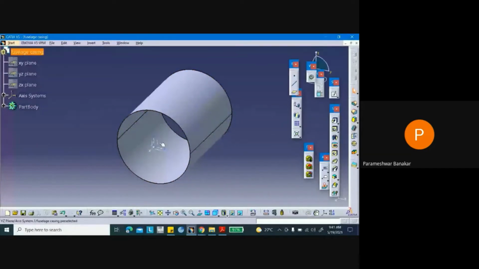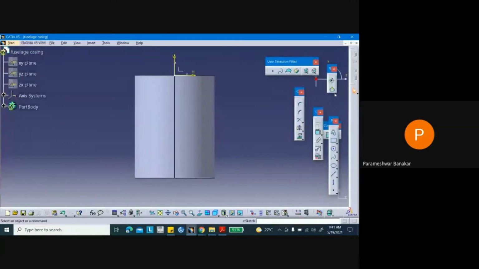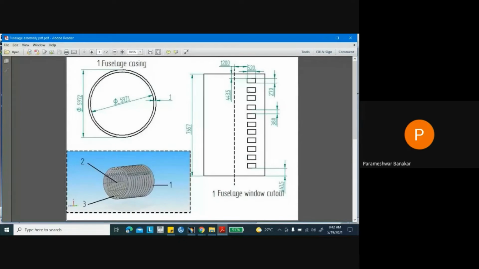So initially we have selected this ZY or YZ. Now we'll create XZ axis. Select this XZ axis, go to sketch, a fuselage will look like this. So now you create a small window here, initially a small rough sketch. Now you see the dimension. What is the dimension of this one small window?